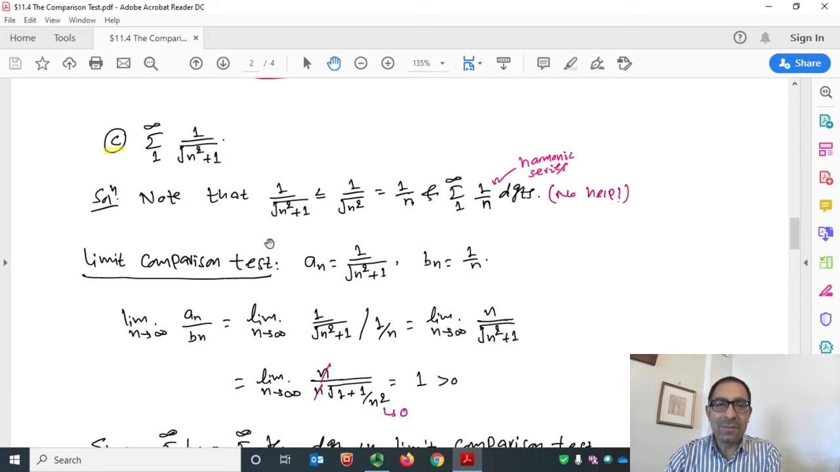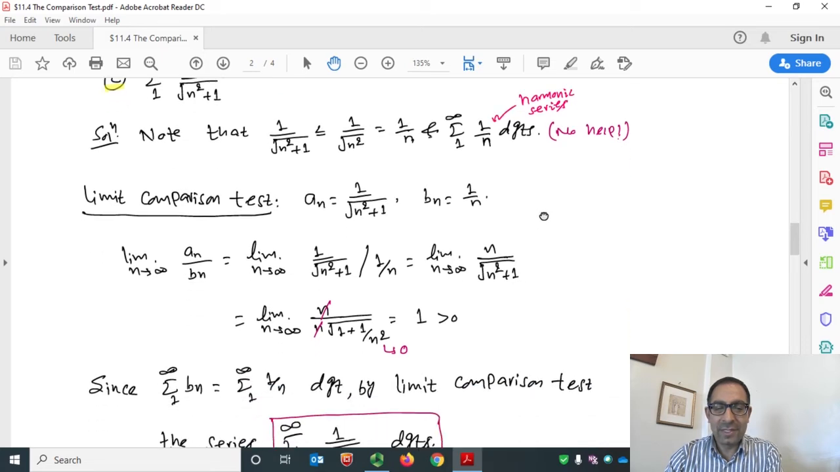Then let's use the limit comparison test. In the limit comparison test, our an is 1 over radical n square plus 1, and bn is 1 over n. Let's look at the limit of this ratio, an over bn. In the next step, copy the limit as it is. An is 1 over radical n square plus 1, over bn is 1 over n. This n, you flip it,